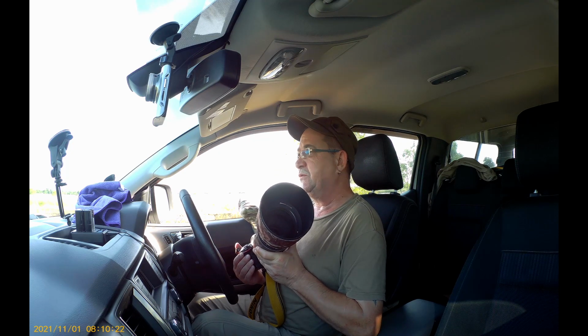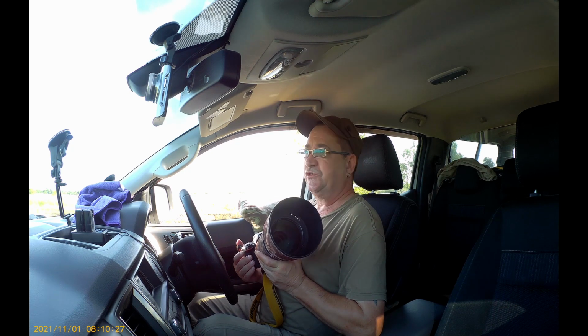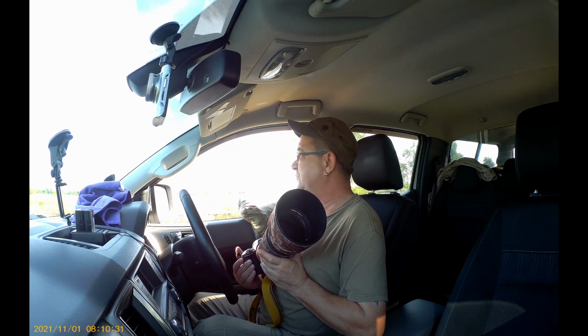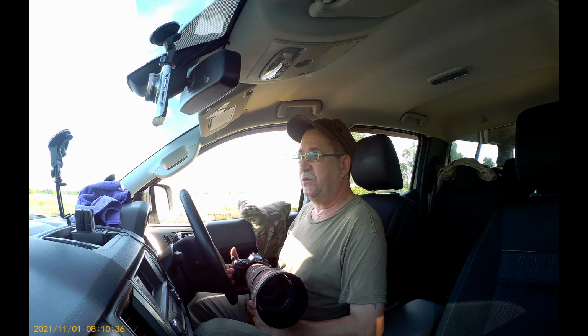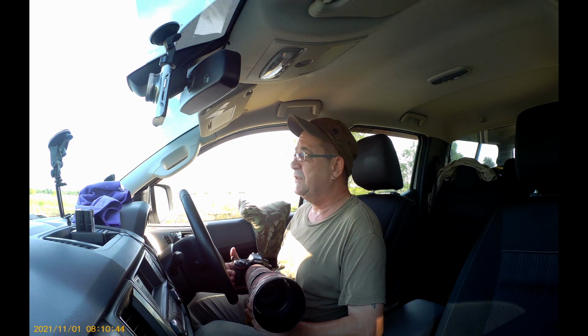It's a 24 megapixel camera, full frame. I would say it's an entry-level professional full frame, if that makes sense. So an entry-level full frame. The camera I've had for quite a few years. It's always served me well. It's a fantastic camera for still pictures. Video, not so good. Focal tracking is not great. I think compared to new cameras, it doesn't have many focal tracking points. But for still pictures,